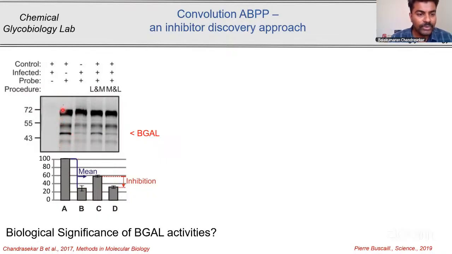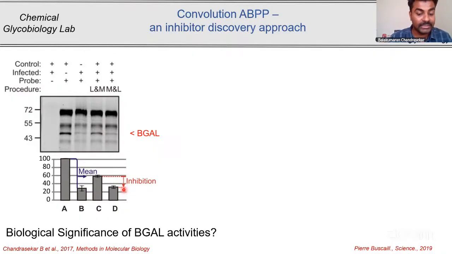Now you collect the proteomes together and either mix them and then label, or label the proteomes and then mix. When you label the proteomes and then mix, if you cannot see inhibitory activity, the intensity is not drastically reduced. Whereas when you first mix the proteomes, if there is an inhibitor present inside the infected sample, this will cause suppression of signal over here. And this suppression of signal indicates that there is an inhibitor present inside the sample of interest.